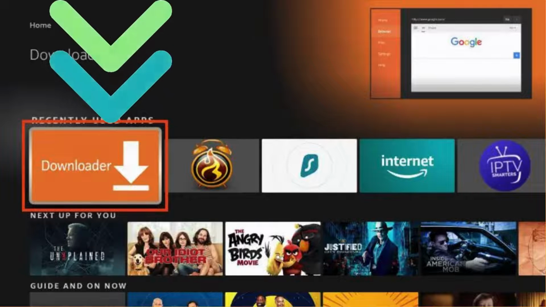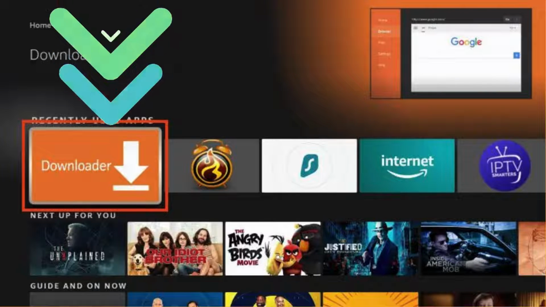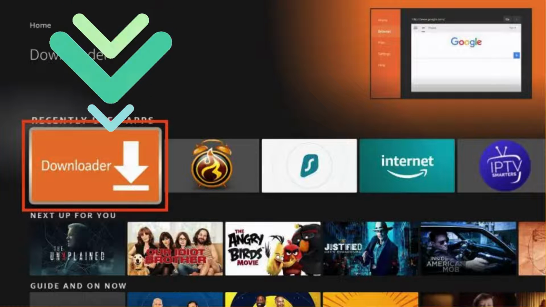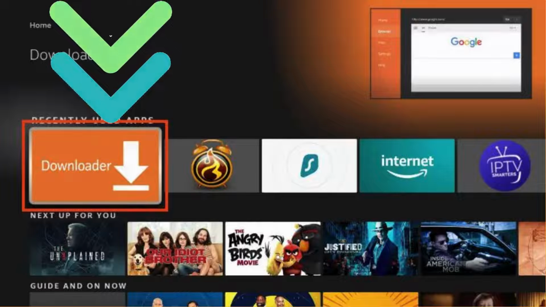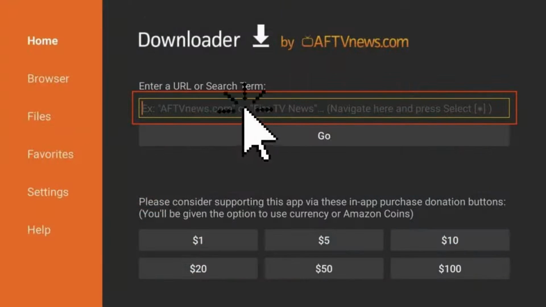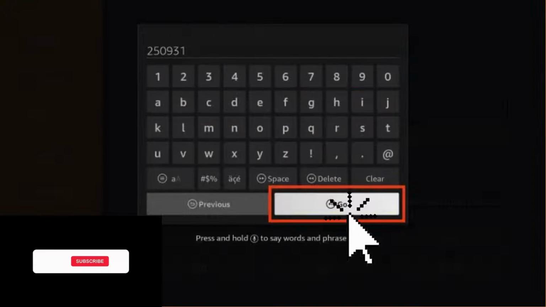Step 3. Install Kodi 21.1 on Firestick. In this step, you will install Kodi on your Fire TV stick through the Downloader application. 1. Launch the Downloader app. 2. Select the URL menu bar to open the keyboard. 3. Input